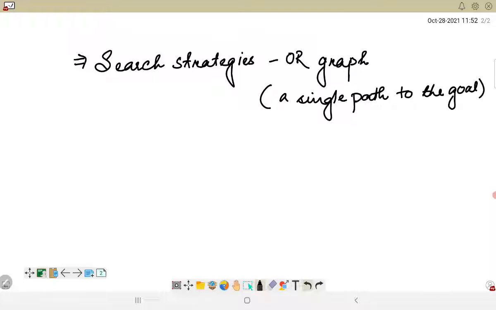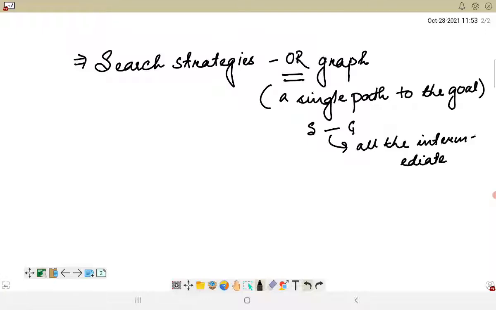Okay, so if I'm having a goal state, it will just have that single path which will represent the path from the start node to the goal node. Of course, the path will have all the intermediate nodes in between. Essentially, whatever we have talked about in the search strategies, the uninformed searches as well as a part of the informed searches, they basically deal with the OR type of representation. That means such structures represent the fact that we will know how to get from a node to the goal state if we can discover how to get from that node to a goal state along any one of the